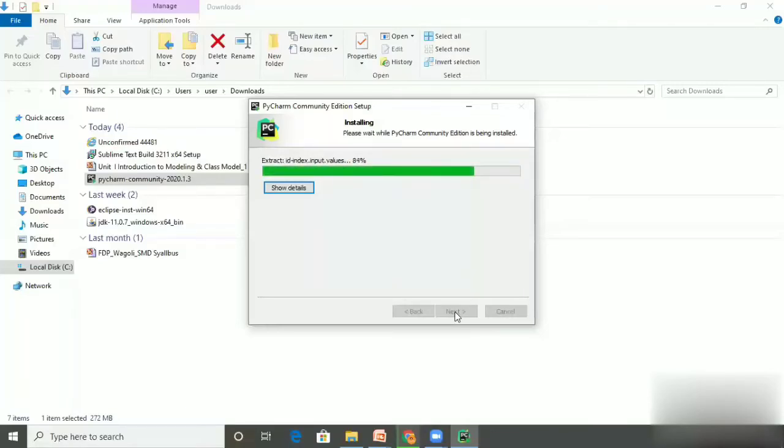Let the setup complete by itself. It is extracting each and everything and installing on your machine. Have patience.